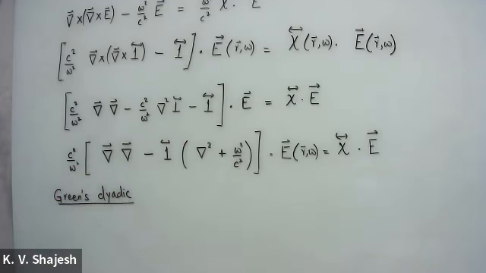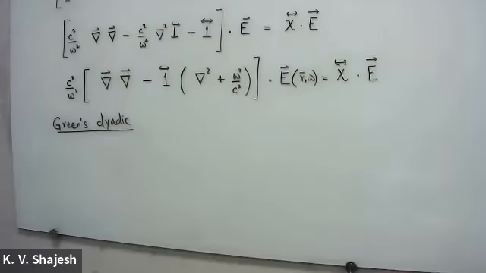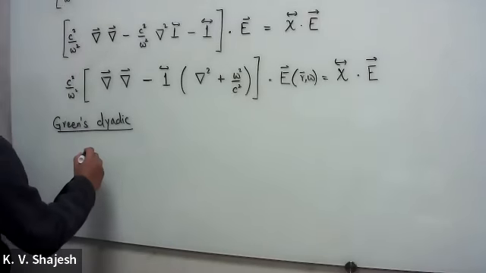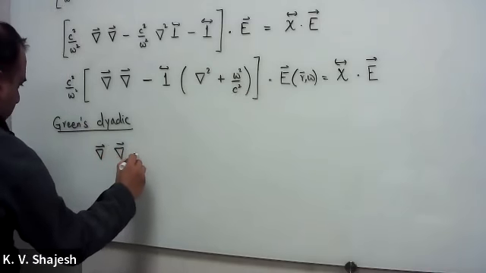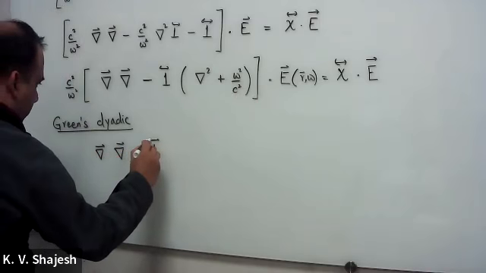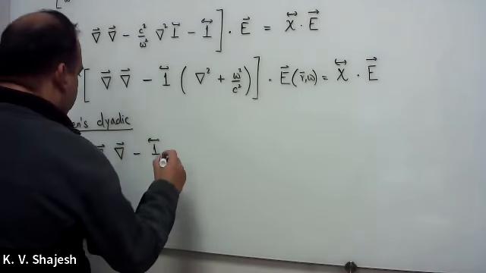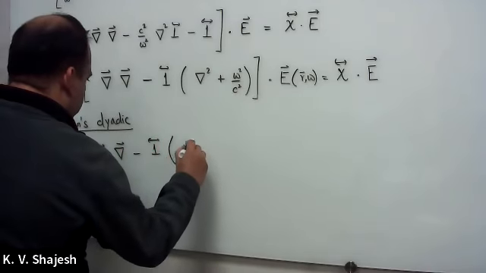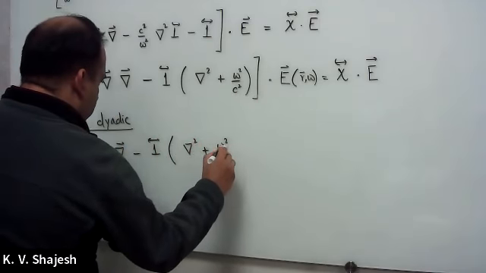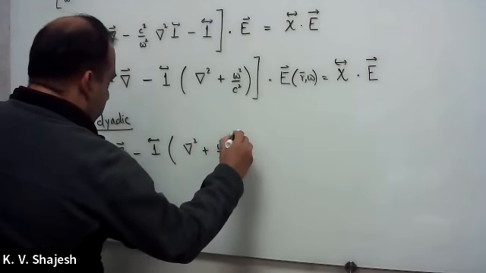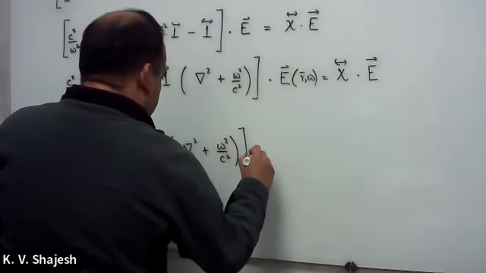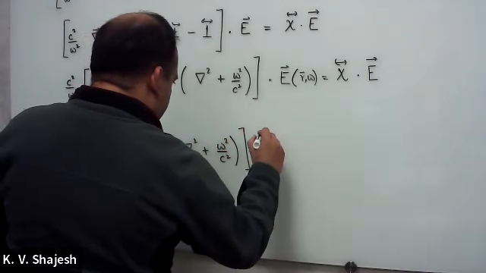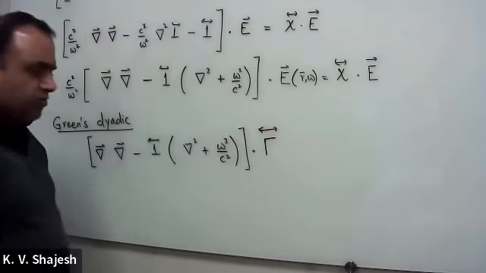So the Green's dyadic will be defined as, basically it is motivated from this. So you say same operator, except on the right side, there is a delta function. Since it's a dyadic, you say this is now a